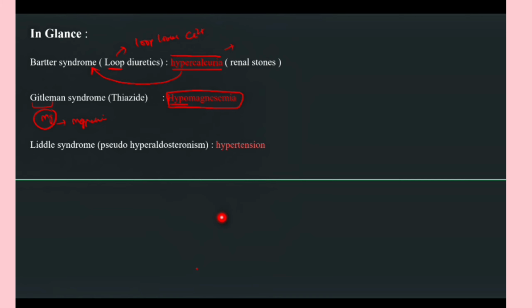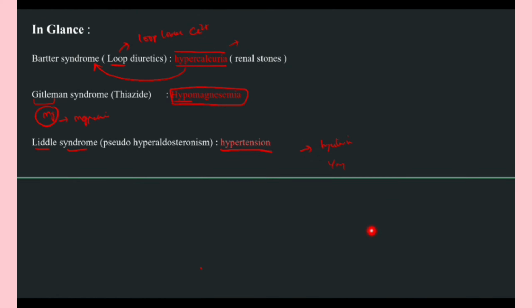It is hypo, not hyper. Then Liddle syndrome is associated with hypertension. So if we get hypertension in the question and it is a tubular disorder, then we should think of Liddle syndrome. If we get renal stones in the question or hypercalciuria, we should think of Bartter syndrome. If we have hypomagnesemia in the question and the question is about tubular disorders, we should think about Gitelman syndrome. If we can make out these three, we can easily solve the